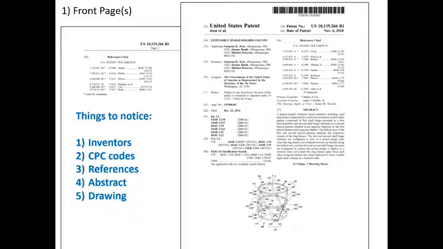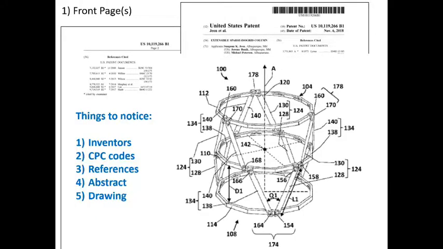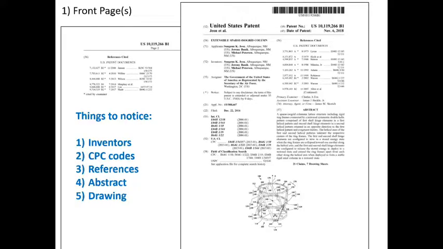usually you will find a representative drawing on the front page of this published patent to give you an idea visually what this patent is all about. And speaking of drawings, here's one, and you can see that all the parts are clearly labeled and enumerated. Drawings